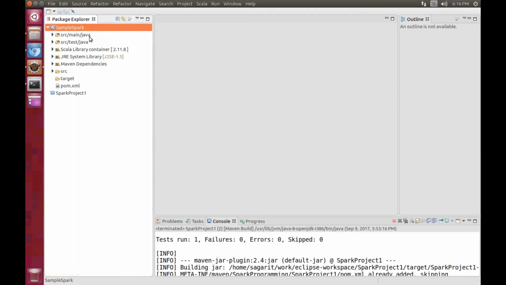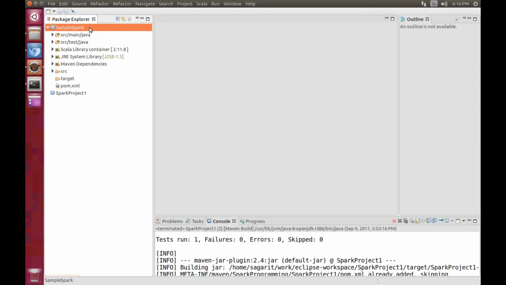But we are not interested in creating a Java application here. We are interested in creating a Scala application. So we should have a folder structure like src main java; similarly we should have src main scala. Then we can start coding our Scala.